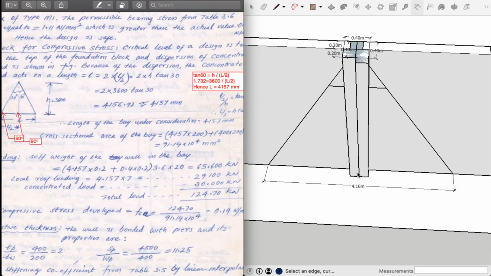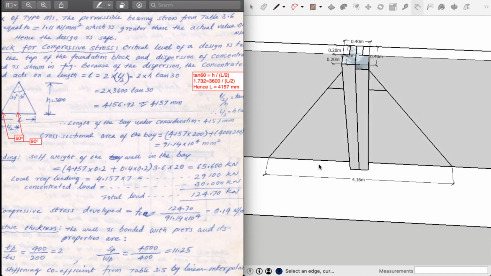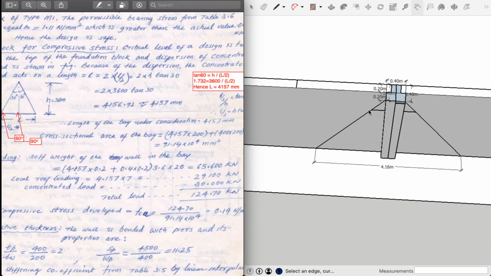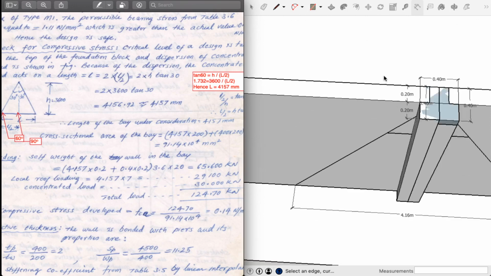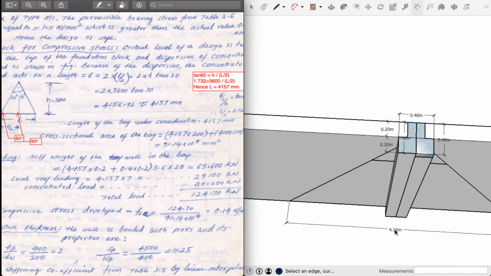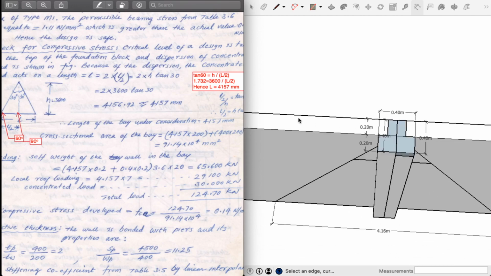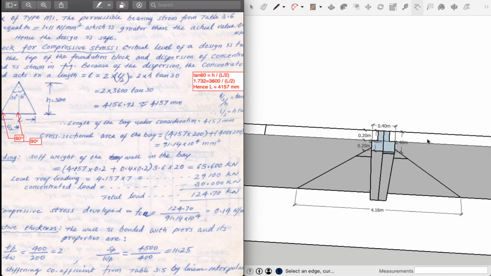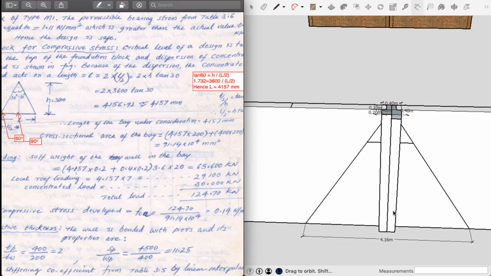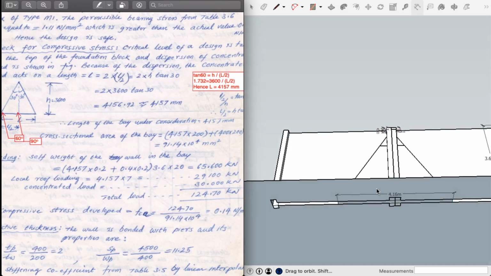Now that you have the span, you need to make sure that you get the area. So the area under this particular region is nothing but 4.16, or in other words 4.157, multiplied by the thickness of the wall. The thickness of the wall is 200 mm or 0.2 meter. When you multiply 4.157 by 200 mm, you will have the cross-sectional area of the wall that will be taking that vertical load. If I just flip this below,